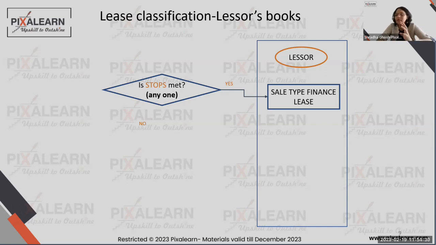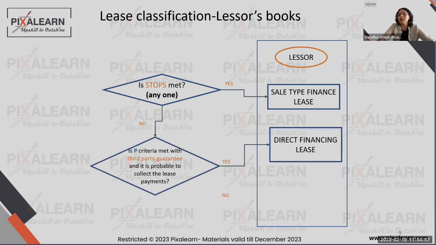We call it a sale. So basically, treat it as if the lessor has sold that property to the lessee right now. So de-recognize the asset from the lessor's books, bring it to the lessee's book. So if you look at the concept, it's so simple. Even though you're calling it a lease, it is actually a sale. So the lessor is just going to de-recognize the asset, book the gain or the loss in his books, and the lessee is going to record that asset in his books. That's it.